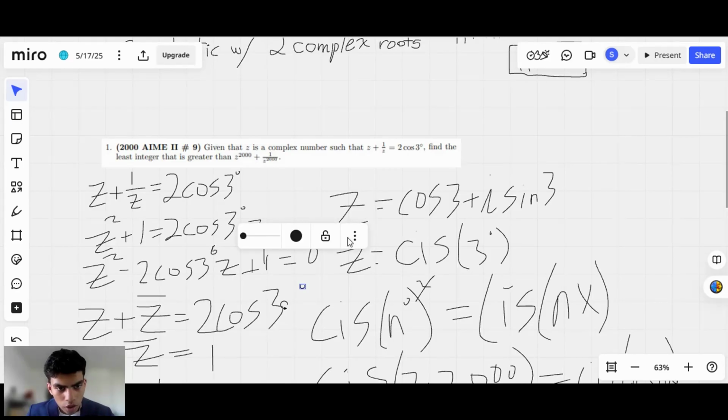So let's look at what the question's asking. Well, the question's asking, find the least integer that is greater than z to the 2000 plus 1 over z to the 2000, and your answer is going to be 0. So this is how you